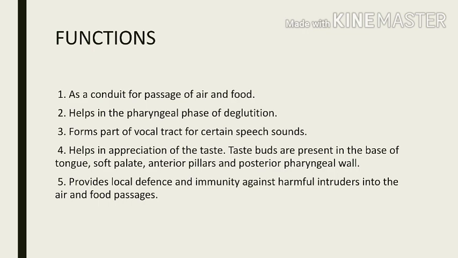These lymphoid tissues have B lymphocytes in the germinal centers of the follicles, which help in producing secretory antibodies of the IgA class, whereas the T lymphocytes in the parafollicular region produce cell-mediated immunity against various microorganisms, maybe viruses, bacteria, or fungi. So pathogens which happen to enter these lymphoid masses, the part of Waldeyer's ring, are dealt with by the IgM and IgG antibodies, which are secreted by the plasma cells. I hope this is a short note on how local defense and immunity is provided.